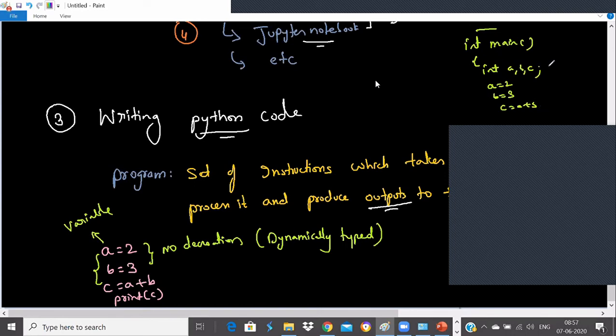See, all the statements are the same except a few extra things. So there is no need for declaration in Python, and you can start directly by using the variables. Programs are the same whether you write in C, Java or Python, but the approach will be different. That's why Python is popular, because it is very concise compared to any other programming language, and there are a lot more features we will talk about. So there is no declaration. Second point is there are no semicolons. You don't need to use any unnecessary semicolons here.